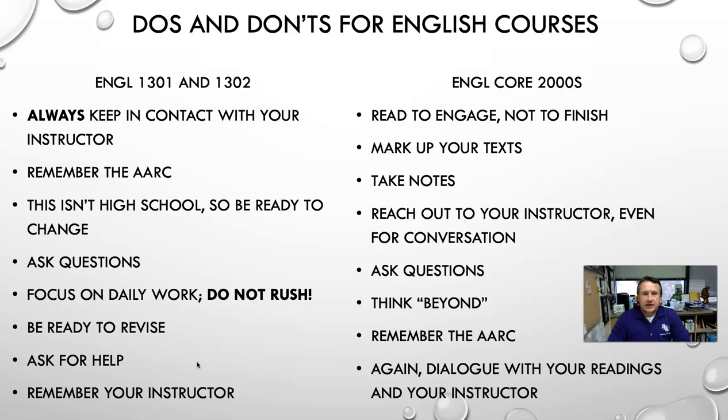I've been a professor in this department for just over 19 years, and I'm here to offer you a little bit of advice in case you are struggling with your English courses at the lower level, such as English 1301 and 1302, your freshman composition or argument and research course, or your English 2000 level courses for the core humanities requirement. These would be courses such as Intro to Literature, American, British, or World Literature, Intro to Mythology type courses.